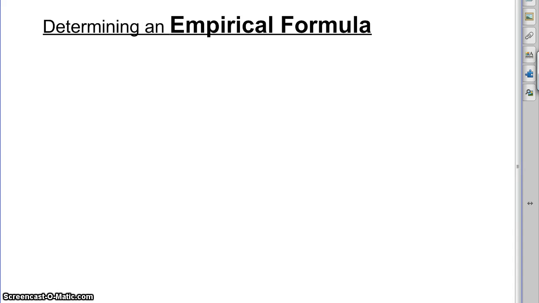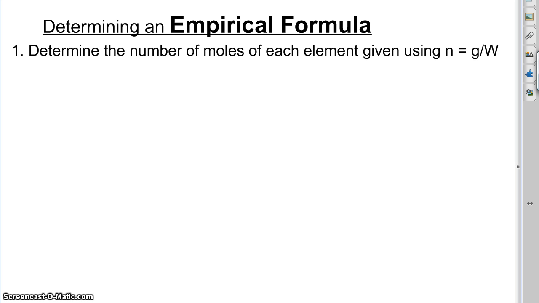So if you're asked to determine an empirical formula on a test, quiz, or homework, how do you do that? Well, it's really not too hard if you just follow these steps. The first thing you're going to need to do is it's going to give you some information about several different kinds of elements, and you need to determine the number of moles of each element using n equals g over w. So it's going to have to give you the grams, and you use the molar masses off the